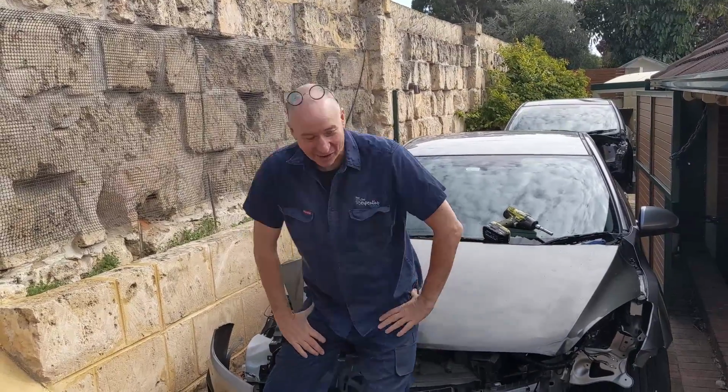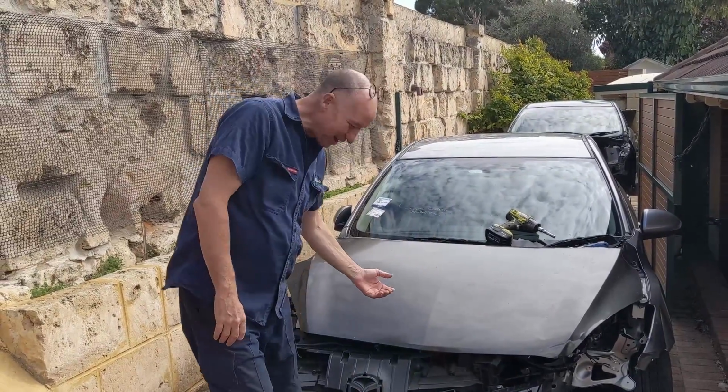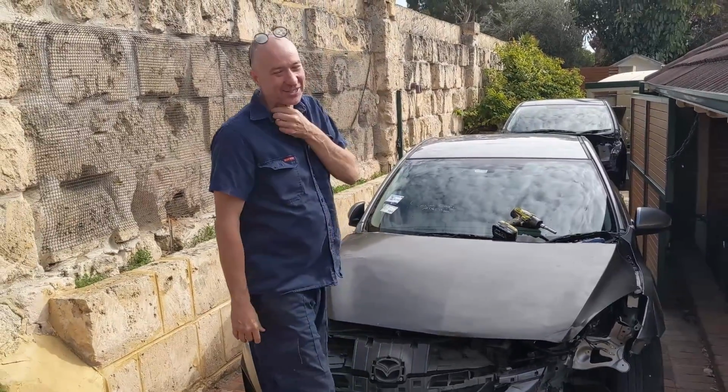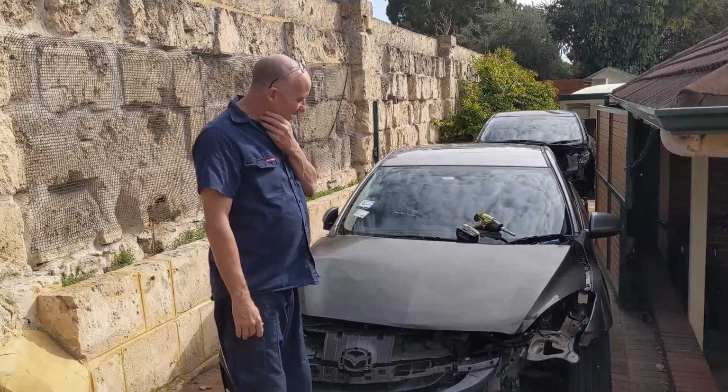It's Paul in Perth. I've got good old chassis 18, but I do have the bonnet of chassis 17, so she's still with us. That's actually her in the background. She hasn't been picked up quite yet. Now,